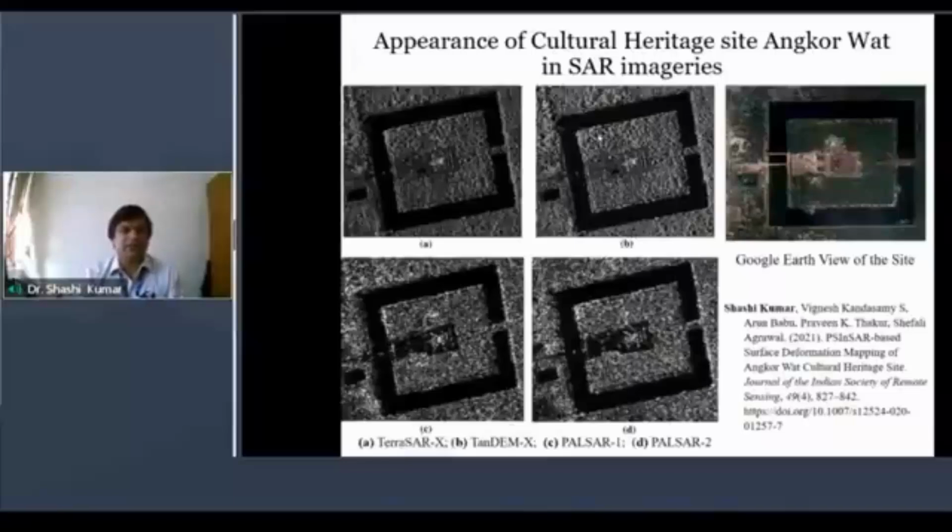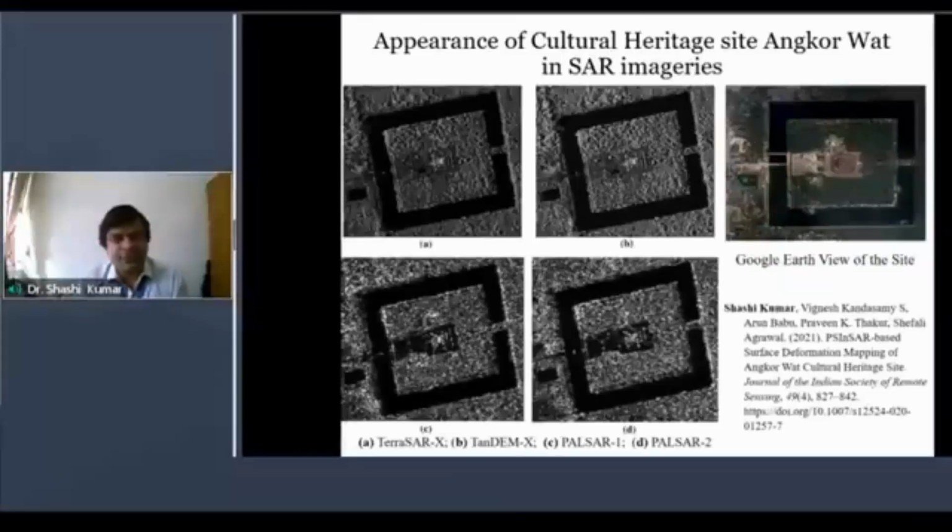Definitely false color composite images could be generated, but the microwave imageries are not sensitive to the color information, so here you are able to see the bright and dark patches. Like for this water body, the water which is surrounding the main temple, this is appearing as a very dark feature due to the structural